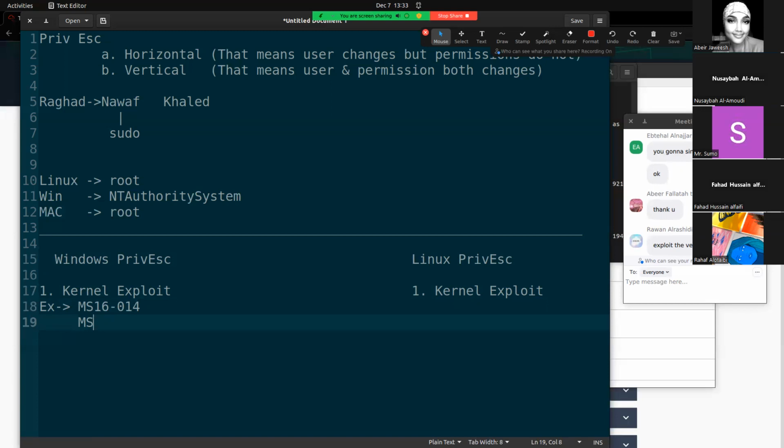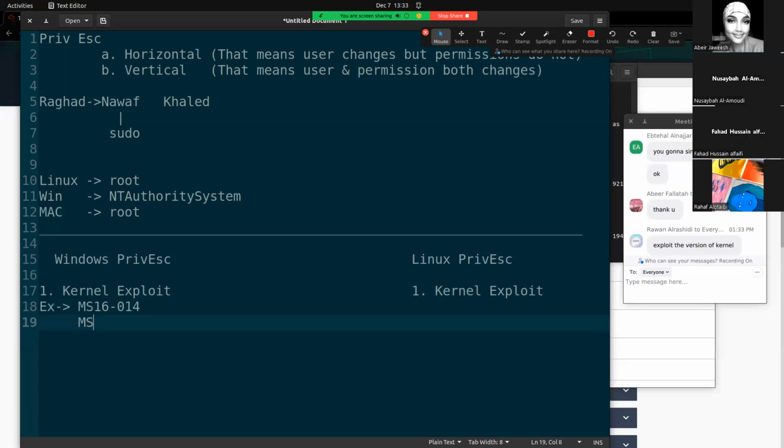Exactly, it exploits the version of the kernel. Thank you, Rawan. These are some vulnerabilities that were available in Windows. Similarly, there were some in Linux as well. If you hit Google for Linux exploits, you will find them there. So don't worry about the answers exactly, but you can find them. For example, CVE-2020-8835 is one of the Linux kernel exploits. I don't expect